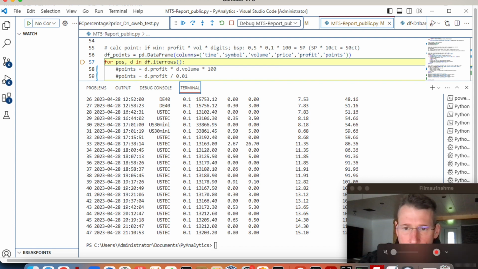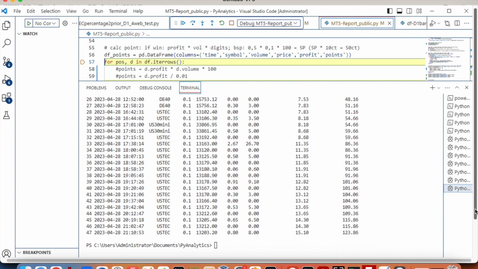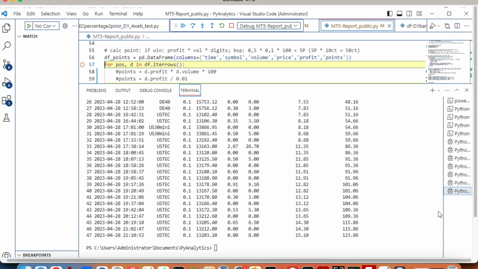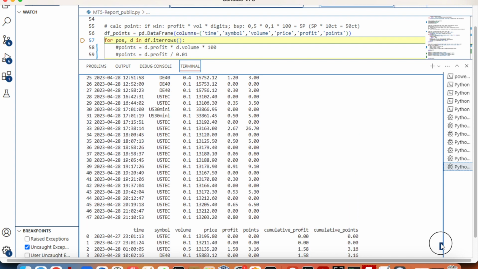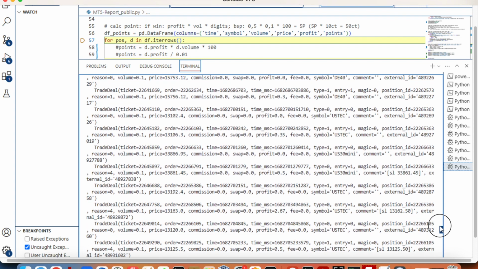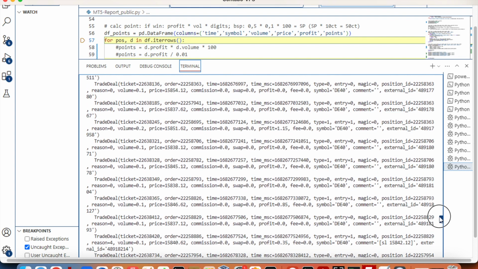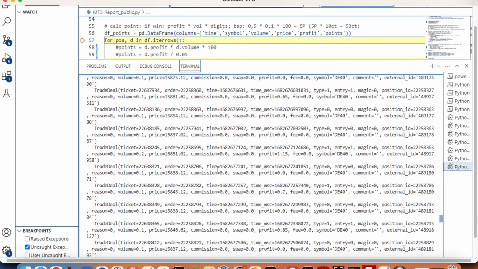I put it away. The screen is just too small, and who cares anyway. It's just about the data we're working with. Scroll up to the top. This way it looks like you get the deals